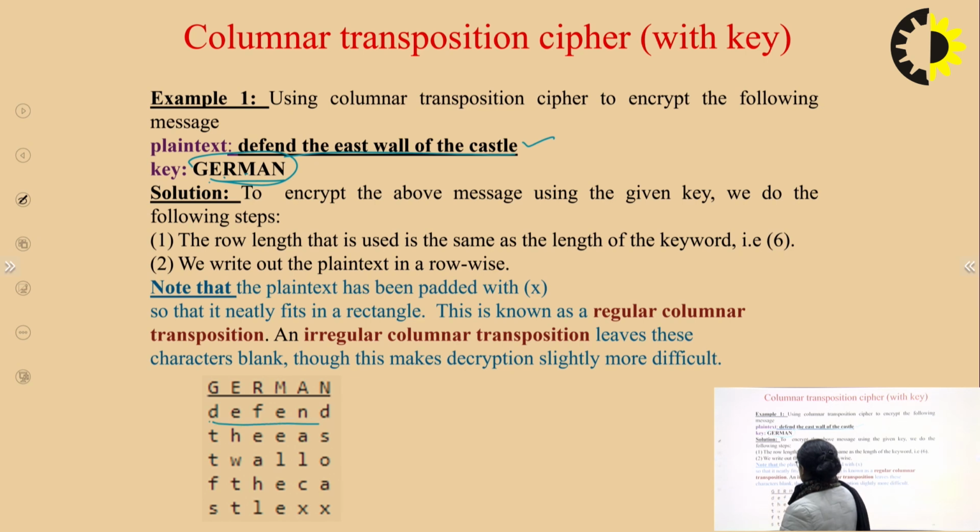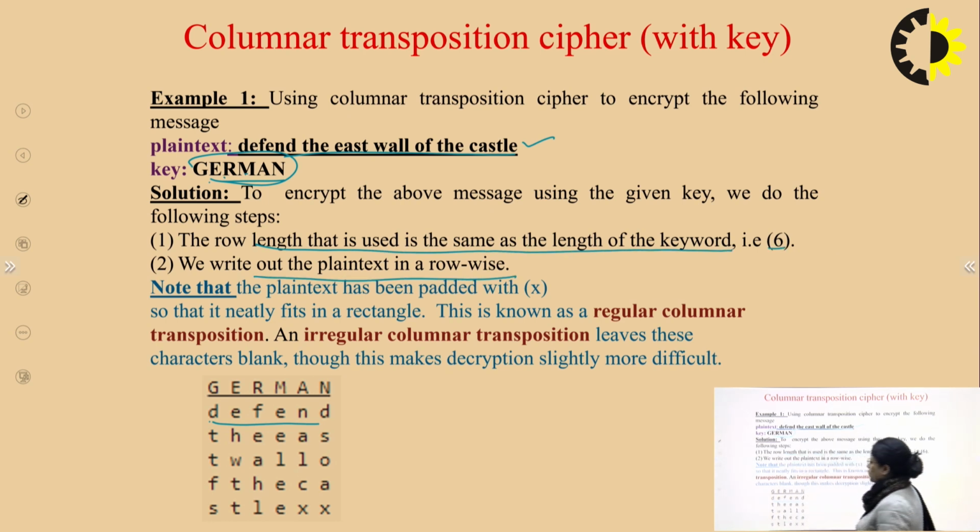Our row size in the matrix, the number of columns or the size of the row, will be 6 based on the number of letters in the key. So the row length is the same as the length of the keyword. Here it is 6, and then we write out the plain text in a row wise manner. The plain text is defend the east wall of the castle, and whatever remaining positions there are, we fill up with some null characters. Once this is done,